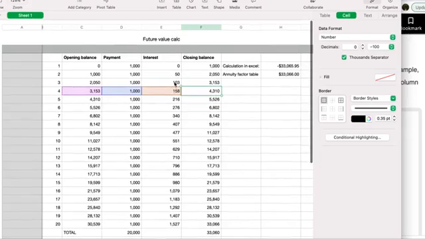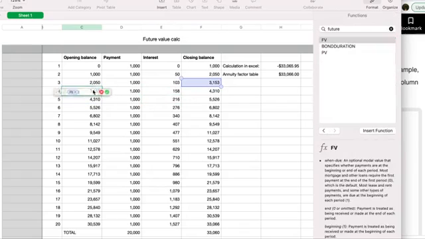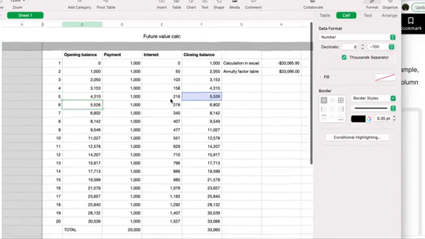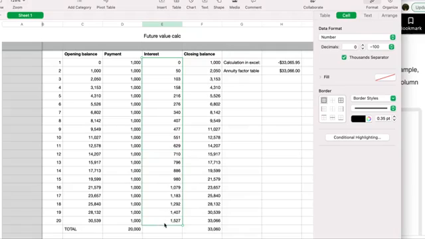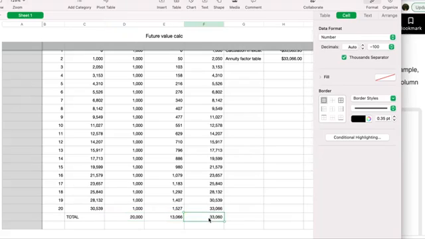You can see what I'm doing here. I'm calculating interest, and then I'm adding the closing balance. Then I'm calculating interest, and I'm pulling this opening balance from the previous year's closing balance. So we're earning $13,066 in interest. If we look at the amount of deposits we made, $20,000, and add to that the $13,000 in interest, that's how we arrive at our